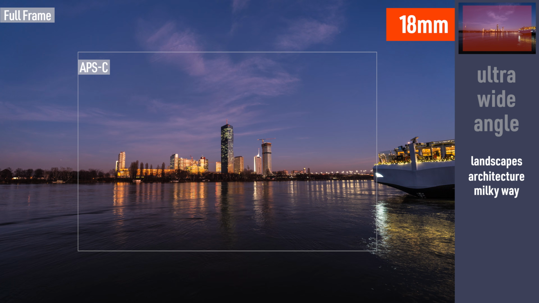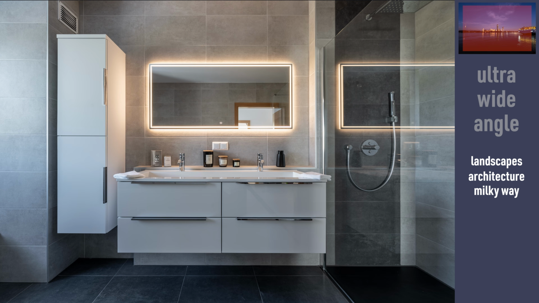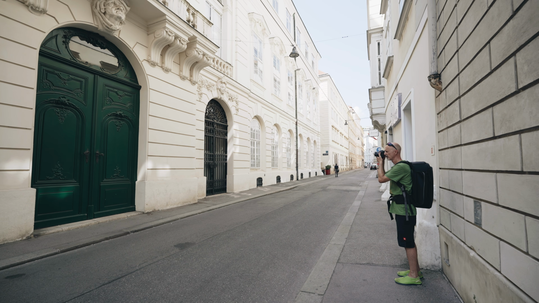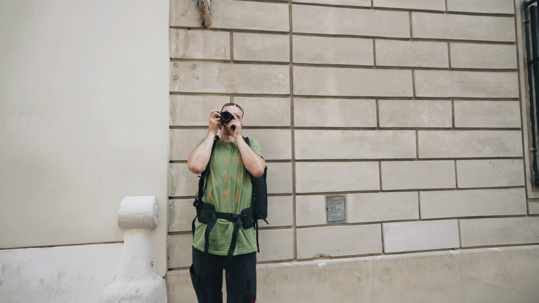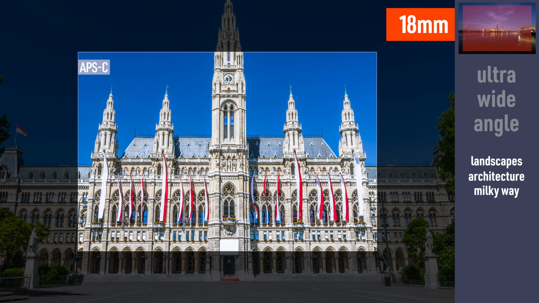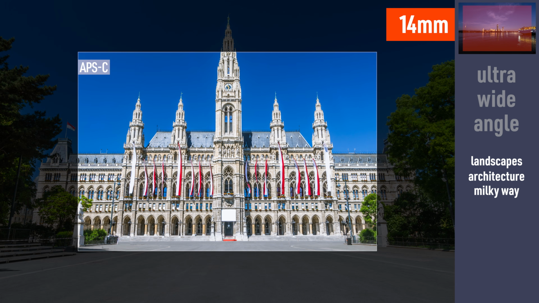Now, talking about limitations, you see that the 18mm lens in the crop sensor frame cuts away a lot of the angle of view. In our case, not a big deal, but for other shots where you really need a wide angle of view, like for an indoor shot or a city trip when you want to capture the complete building, but you cannot step further back, 18mm may not be enough. Nor may the 14mm that we discussed before. Look at how much is still cut away.